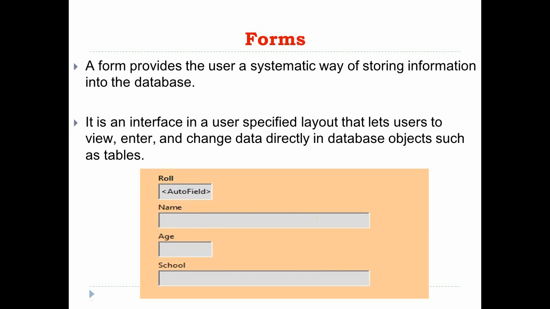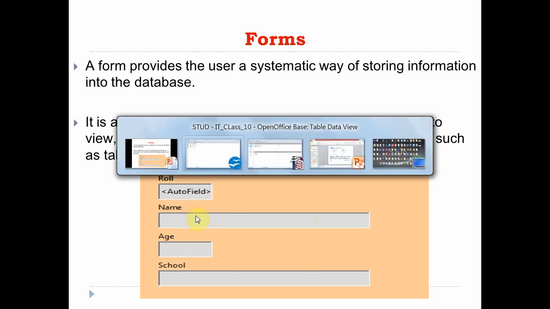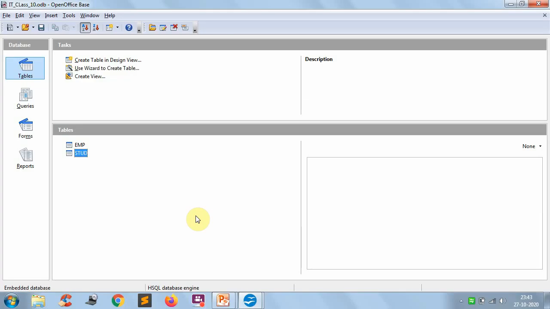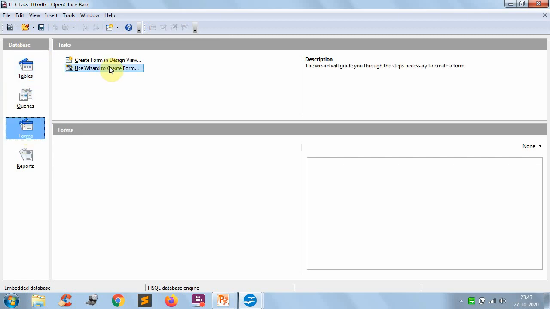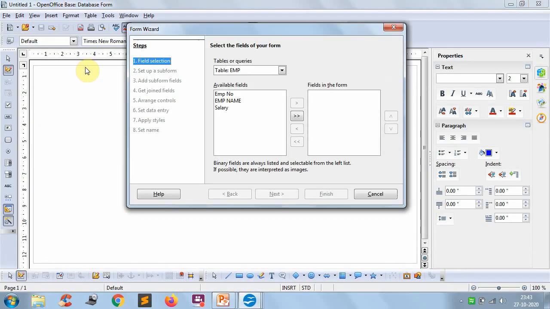So let us see how to create these forms for the given tables. Open the Office again. In our database, click on the forms option. After clicking on this one, go to the tasks box. Here select use wizard to create a form. Now this is the form wizard.